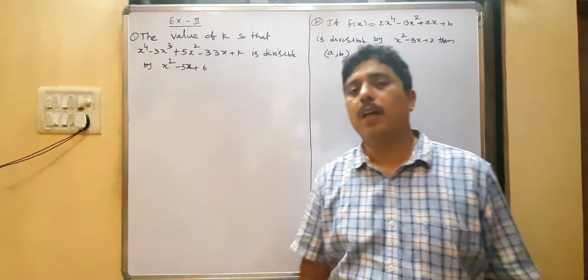Now L is the constant term, the constant coefficient divided by the coefficient of x cube, related to the product of three roots. S2 value is c by a, that is k by 1. S3 value is minus L by 1. S2 means the sum of the product of two roots, that is k by 1, so k equals S2. Sum of the product of two roots: 1 into 3 is 3, 1 into 5 is 5, 3 into 5 is 15, total 23. K is 23.